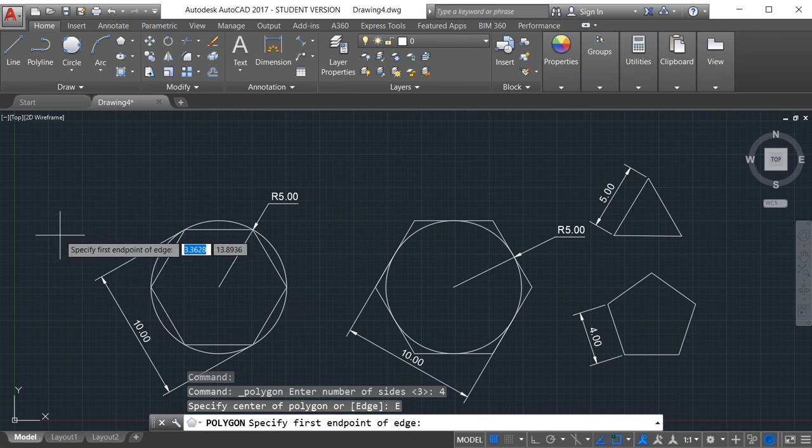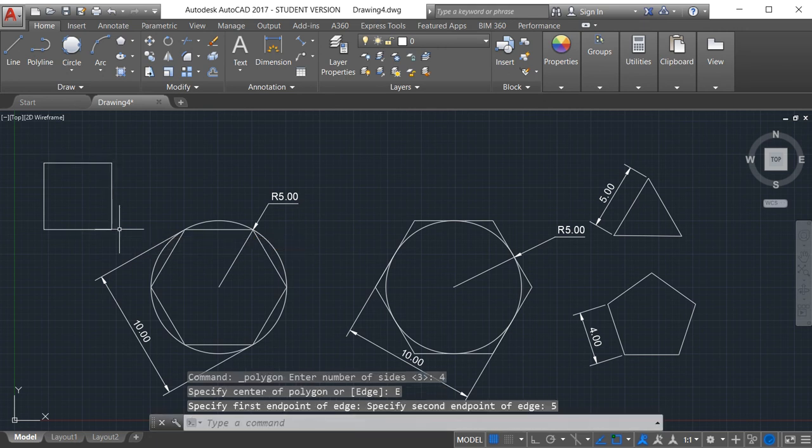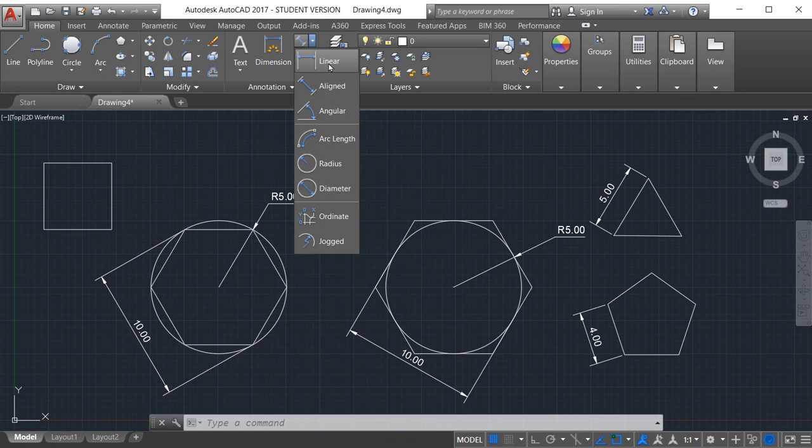This will be my start point, and then I am going to give the length as 5, enter. So this will be my square by using the polygon method.